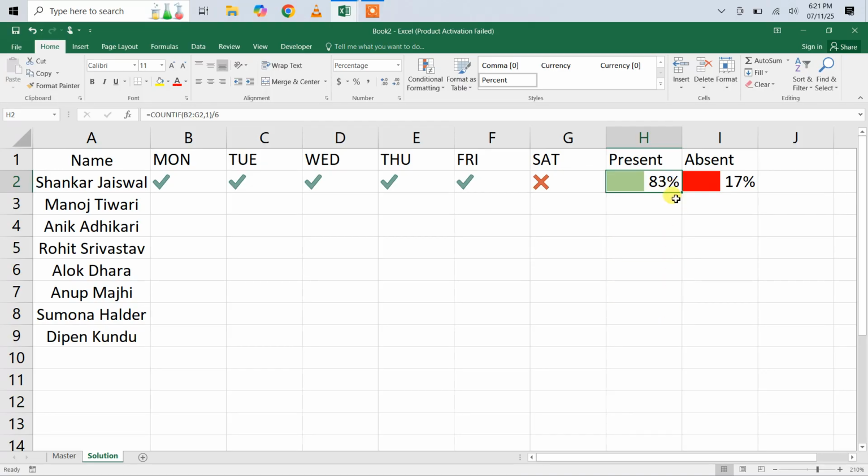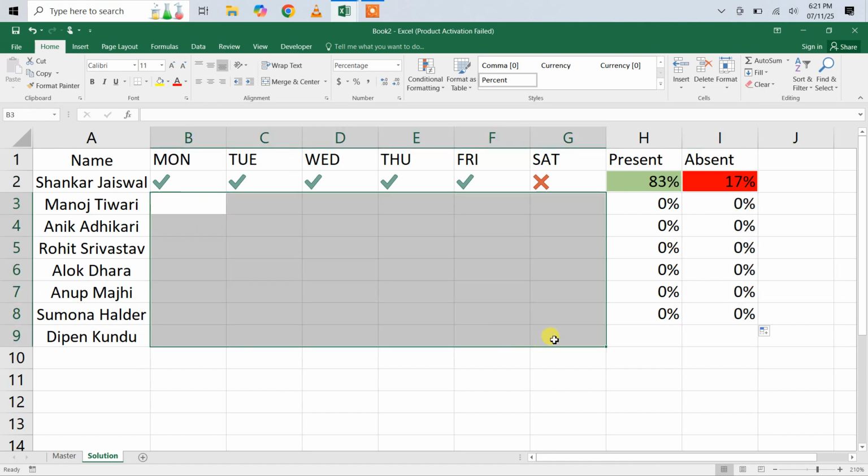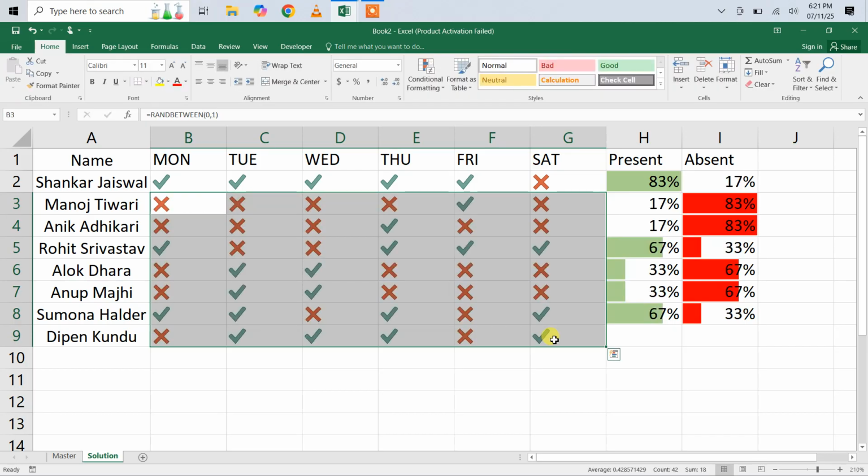So now I'll be copying this within this range of cells. So I'll be pressing Control and copying this particular cell formatting. Again I'll be pressing Control and copying this cell formatting. Fine. So within this range of cells, maybe we can give equals RANDBETWEEN, and the bottom value is 0 and the top value is 1, and then Control Enter. So this is how it would look,